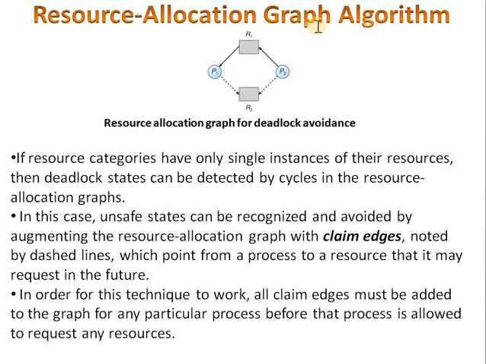In today's lecture, we were seeing the deadlock handling conditions. In that, there are two methods, deadlock prevention and deadlock avoidance. In deadlock prevention, we saw there are a total of 4 conditions. By preventing at least one condition, we are going to avoid the deadlock situation. And the next one is deadlock avoidance. In deadlock avoidance, we saw the safe and unsafe state, and the next one is the resource allocation graph algorithm.